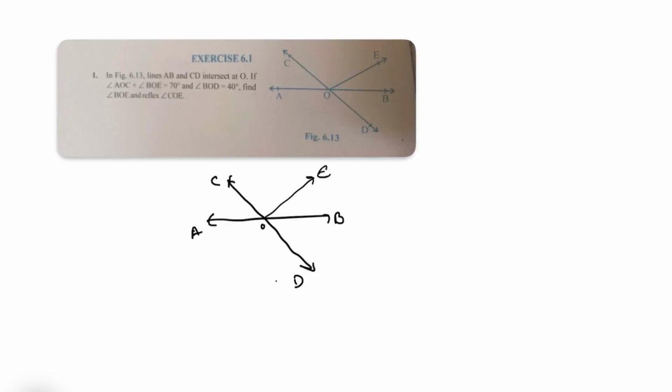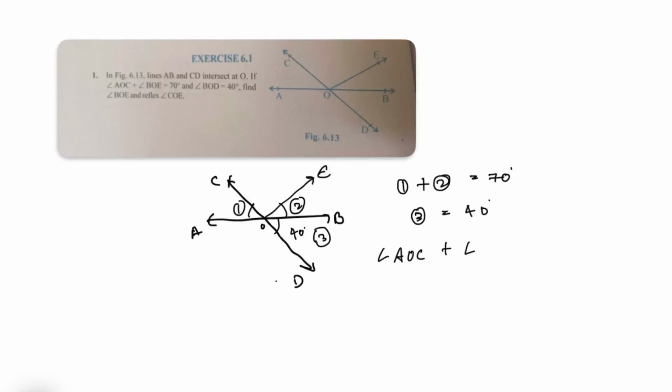70 degrees. So angle 1 and angle 2, 1 plus 2 is equal to 70 degrees. And BOD is 40 degrees. That is, we can call it 3, and 3 is equal to 40 degrees. Find BOE and reflex COE. Okay. So we know that AB is a line, which means angles